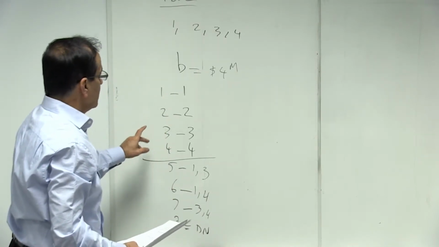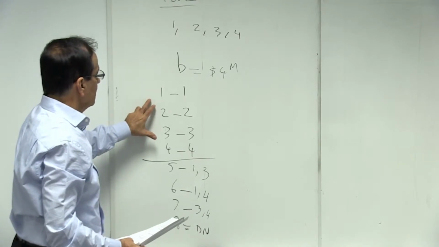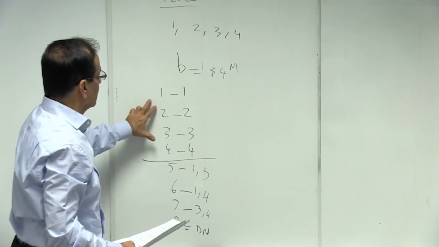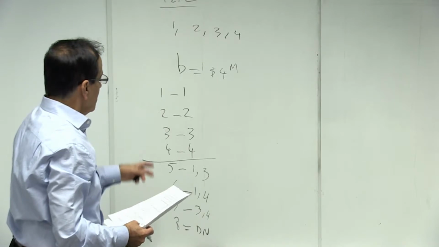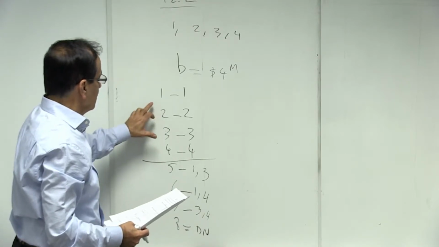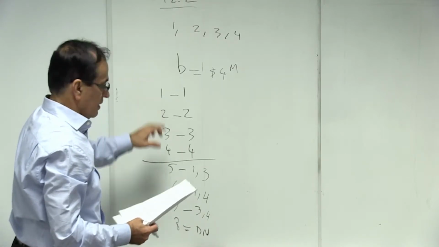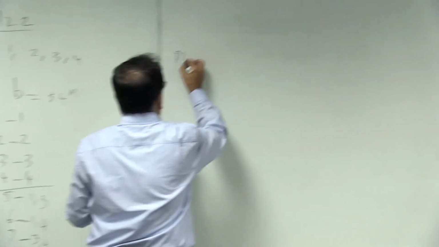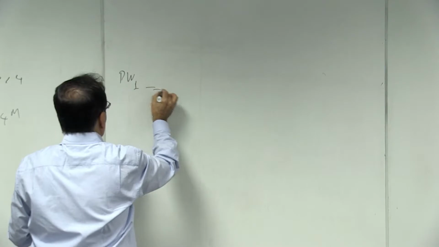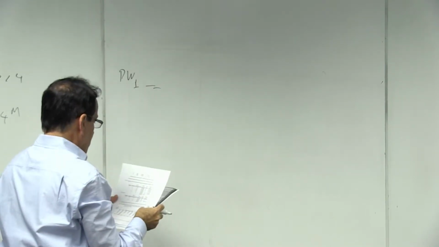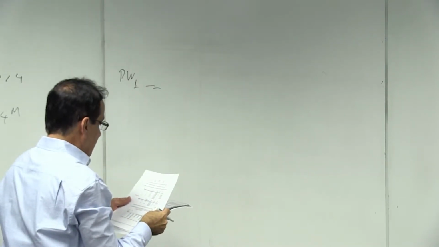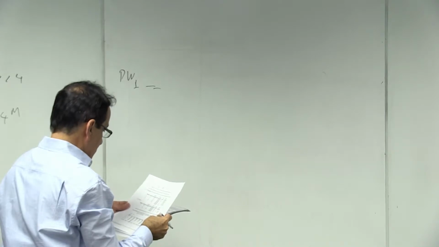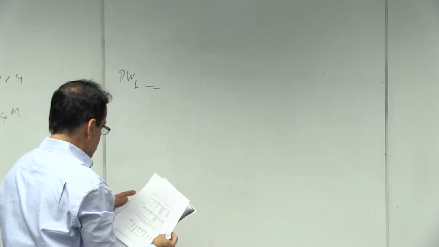So what you're going to do next is find the present worth of each alternative. I'm not going to do all of them. I'm going to do only the first one, which is the present worth of bundle number 1. Now, I'm going to put everything in terms of 1 million. So for bundle number 1, it is going to be equal to,